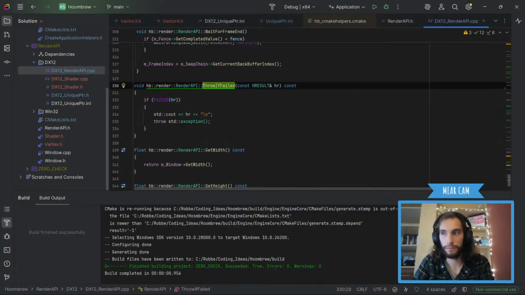My mouse, where'd my mouse go? Uh-oh, something froze. We good? I don't know if we're okay. Hold on. What the hell happened there? Let's just do a quick fix here.